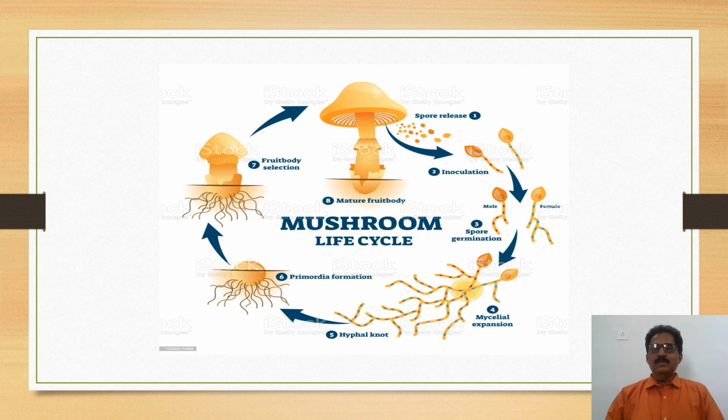The basidiospores are single-celled and uninucleate. After the germination of the basidiospore, which is released from the basidiocarp, mycelia develop, and this mycelium undergoes dikaryotization to form the hyphal knot and primordia, which takes place in the rainy season in the soil. All these stages occur in the soil, and after the formation of the button, the fruiting body appears